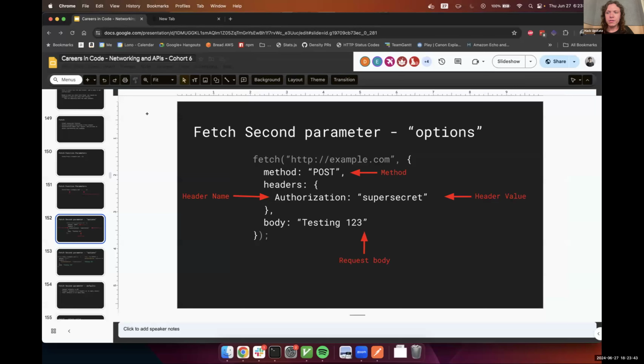Any other questions? So, correct me if I'm wrong. When we use fetch, are we taking the data from the website and putting it in our JavaScript? Yeah, so